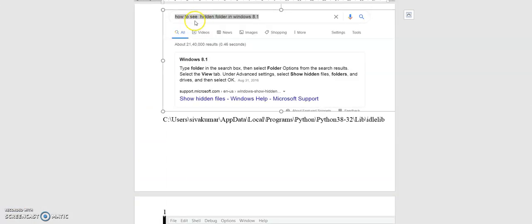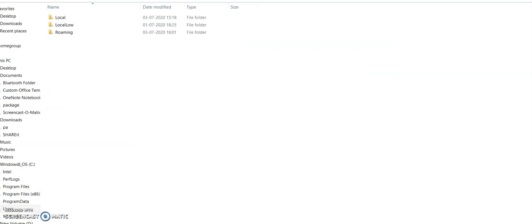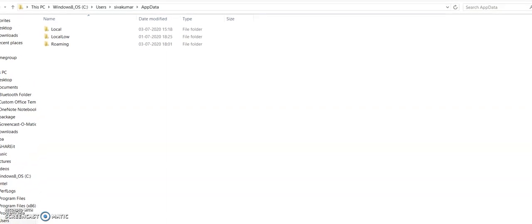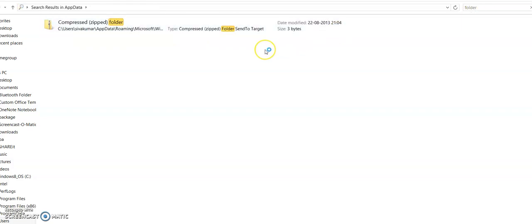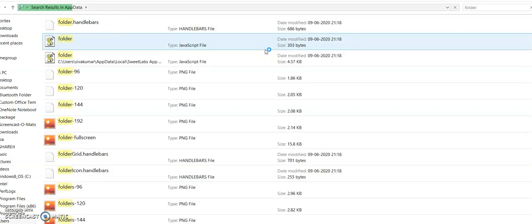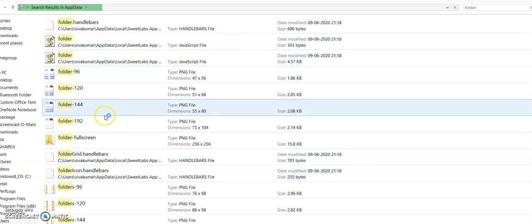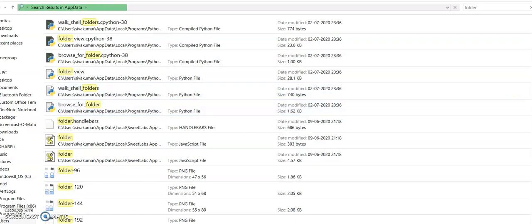This is the way you can see hidden folders in Windows. Just type folder in the search box. Sometimes the AppData folder is hidden and you can't find it. In that case, in this search box you have to type folder. When you type folder, it will display the folder options.